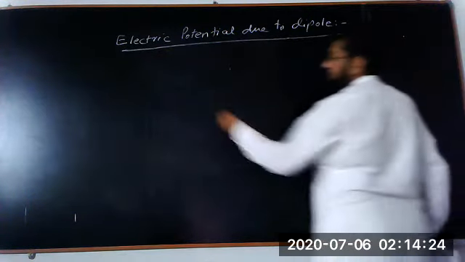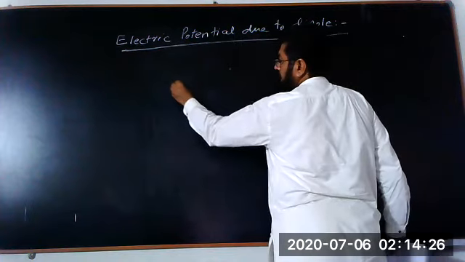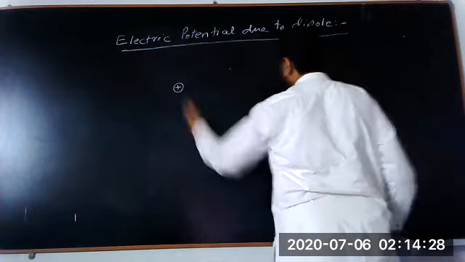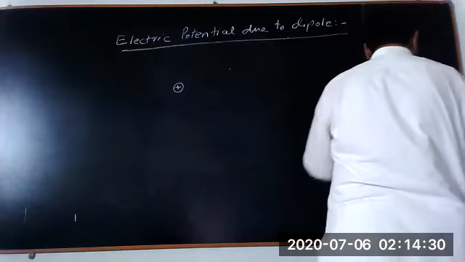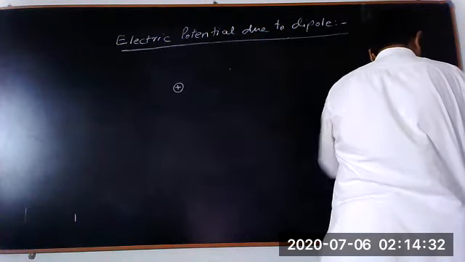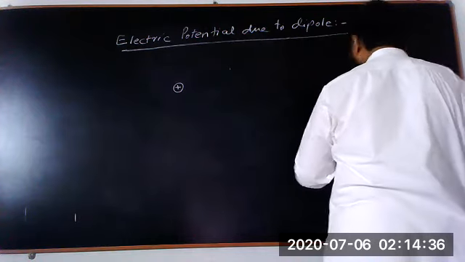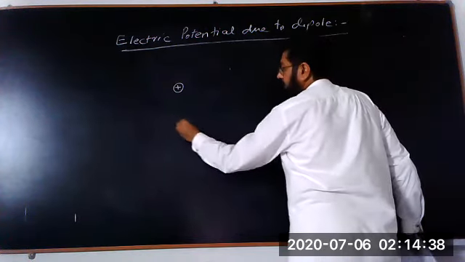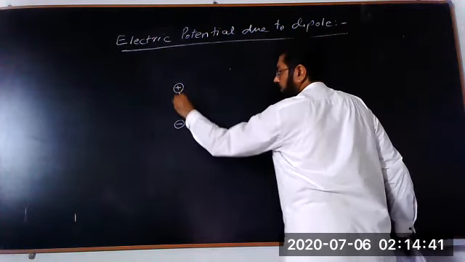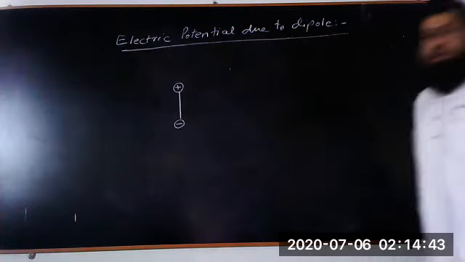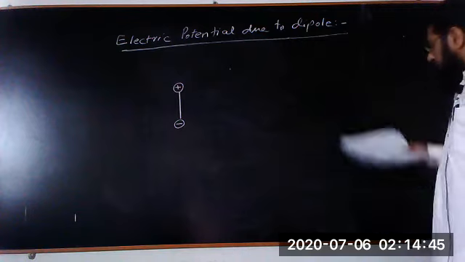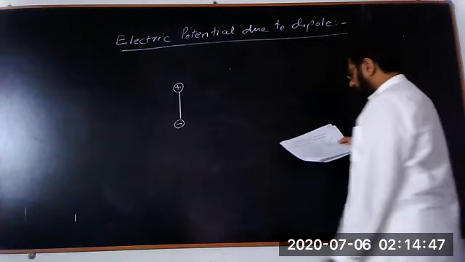Let's say this is a plus charge and a minus charge, separated by a small displacement, known as a dipole. Here, this is the negative charge and this is the positive charge, separated by a small displacement. We call this displacement d,